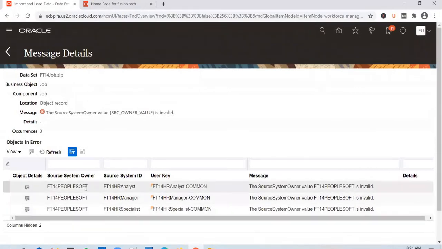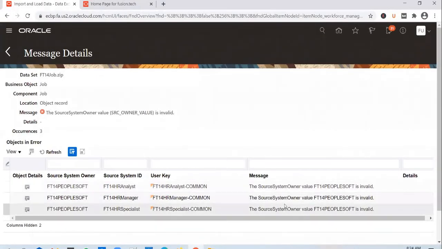There are 3 objects, 3 jobs that we are trying to load, and all 3 have the same problem. There are 3 occurrences of this error in the data file. This problem indeed exists for all the 3 records. And now you can see the source system owner value as well.